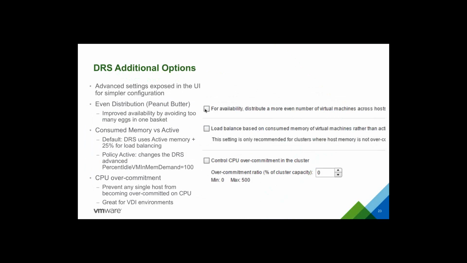And so the idea around that is that if you're not over-committing memory, you can... in previous versions, you would just set this advanced setting for % idle VM in mem demand to 100%, which would effectively cause DRS to use the consumed memory metric instead of active, and then it would rebalance the host based on that consumed memory, which also then happens to be the same memory metric that you see in the web client. So just by clicking the box, a lot of customers are going to see a more even distribution